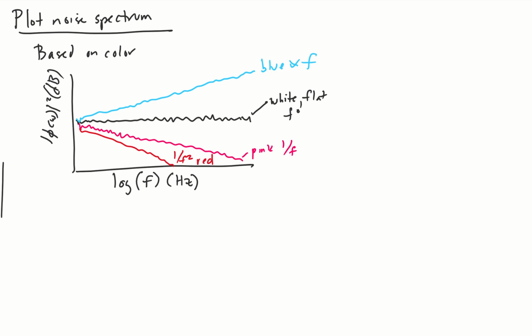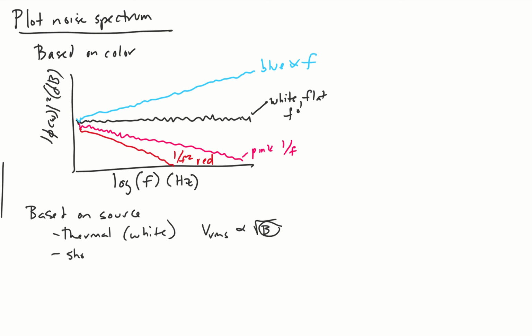So that's based on color, but how about we do this based on source? As a quick refresher, last week we discussed thermal noise, which, if you remember, we described as a white source of noise. The VRMS was proportional to the square root of the bandwidth. The fact that this is true for all bands of frequency makes it a white noise source.